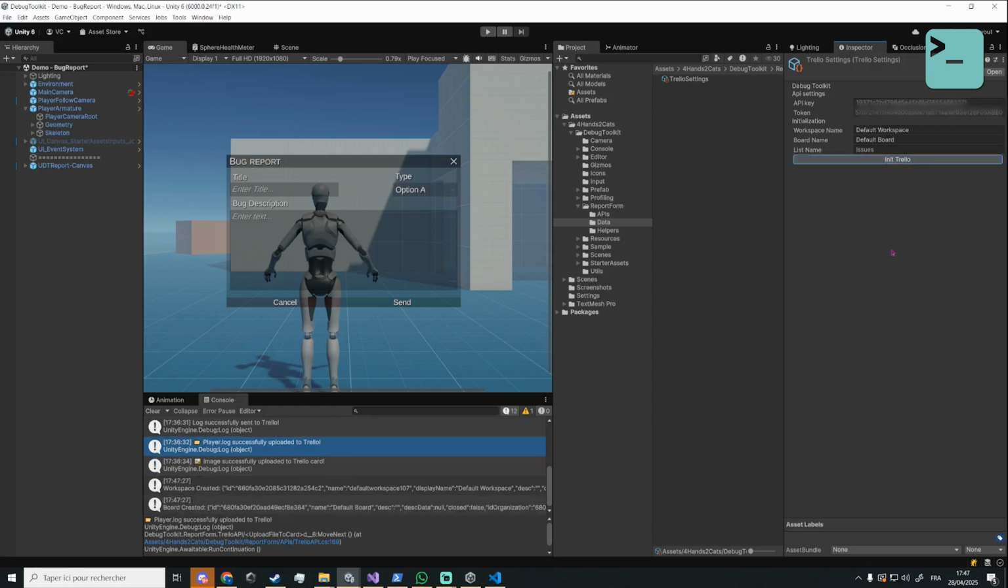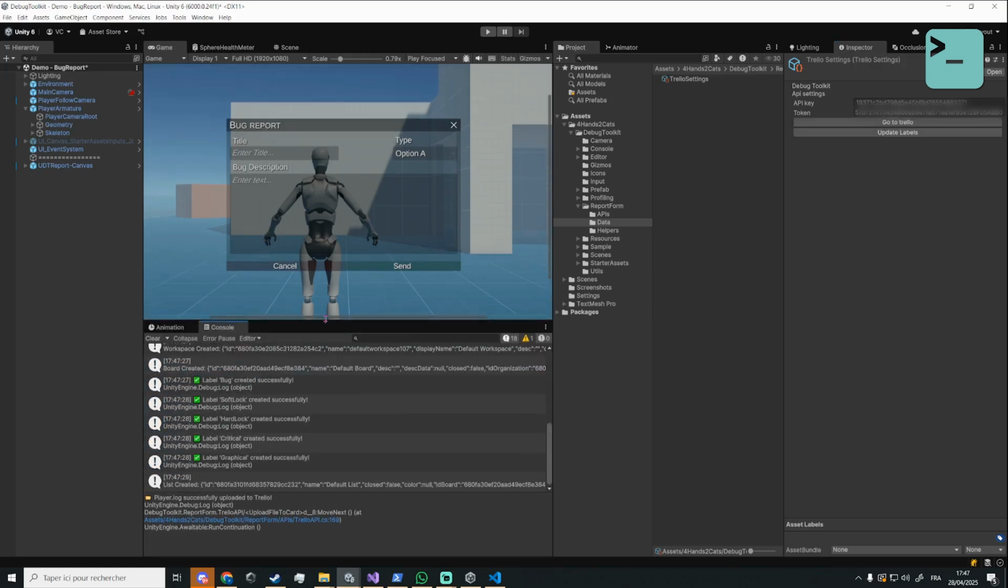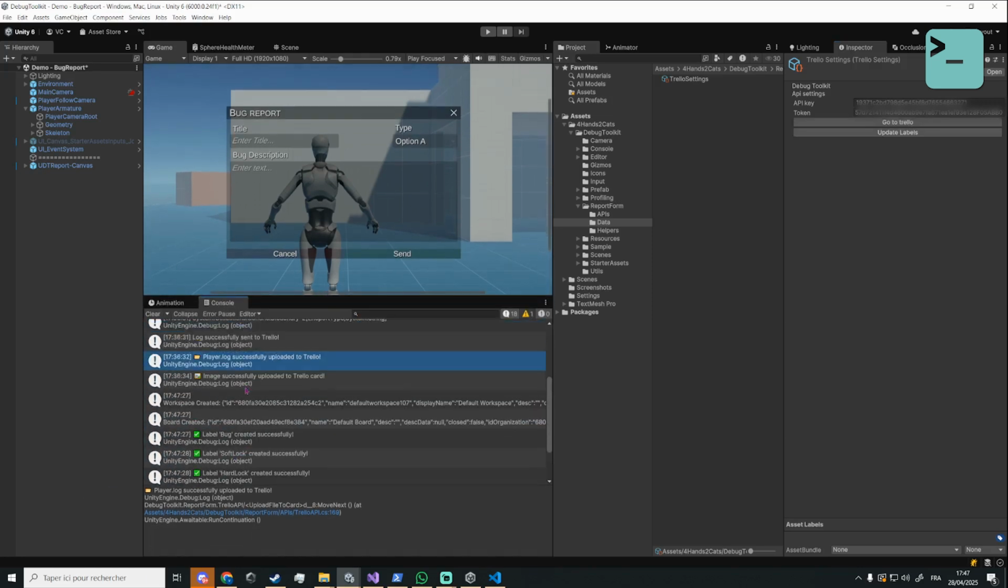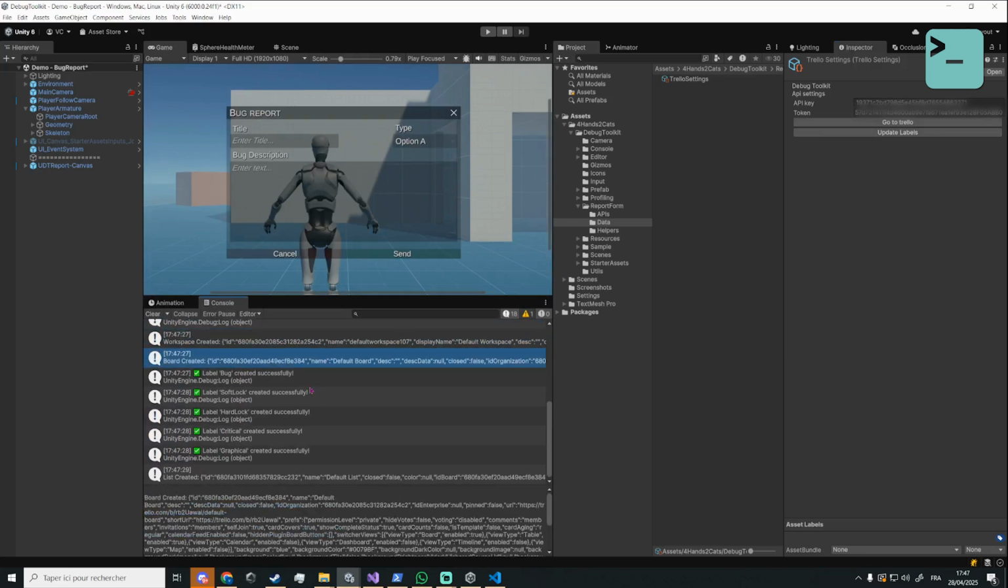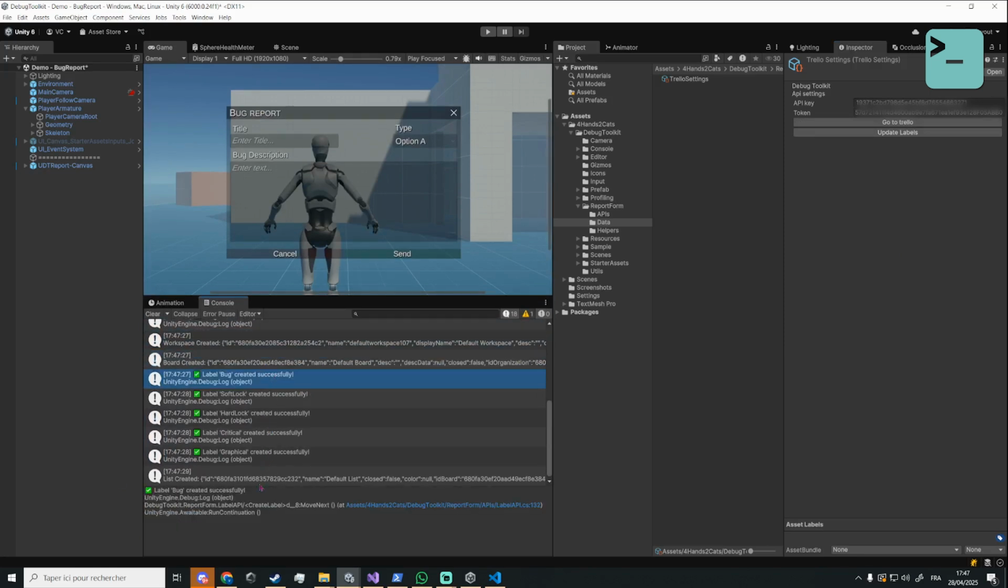As you can see in the console, it managed to create a workspace, it managed to create the board, it created the labels, it created the list. In the next version you will be able to customize the labels and give them colors. If you're using an old version of the Debug Toolkit, we might have to update the labels to be able to use them. Click on Go to Trello